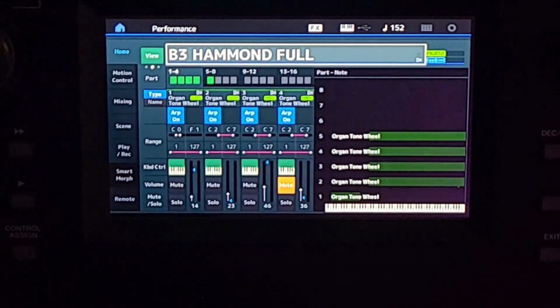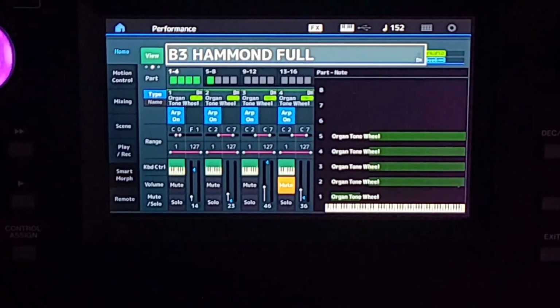So to create your own library files for the Yamaha MODX and or Montage keyboards, but specifically for the MODX, because it's a little bit more tedious and it includes a lot of deleting and uploading. So the first thing you want to make sure you do, of course, is create a backup